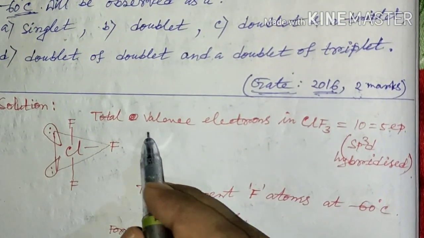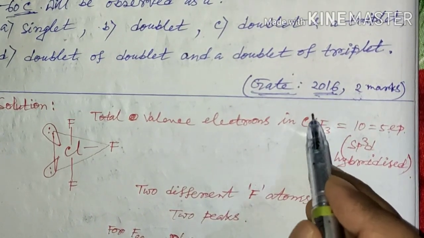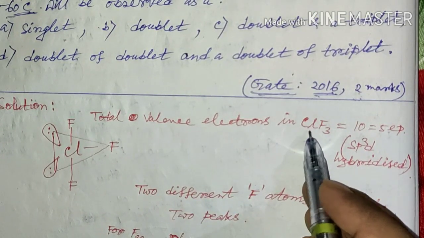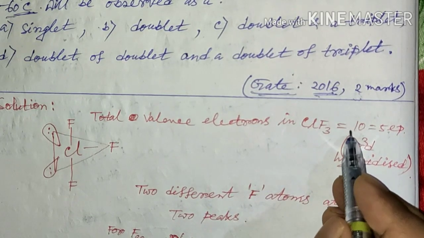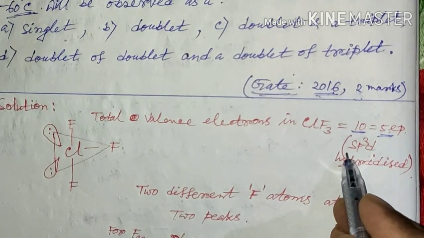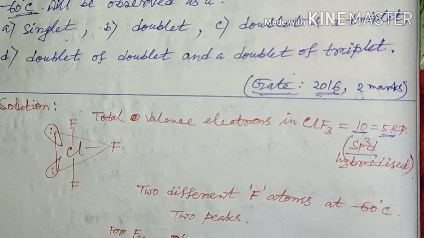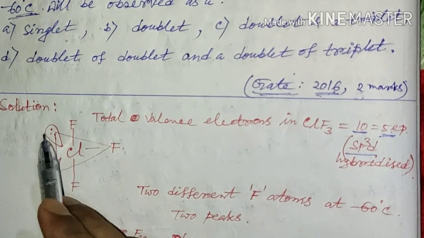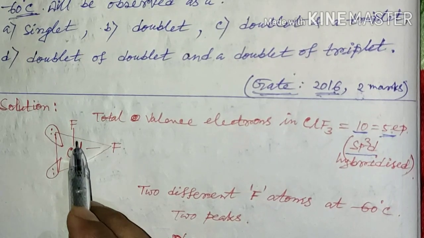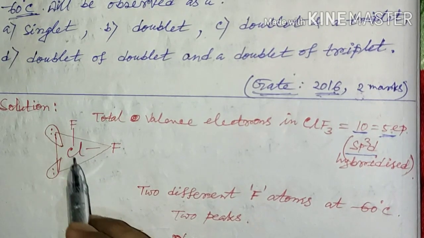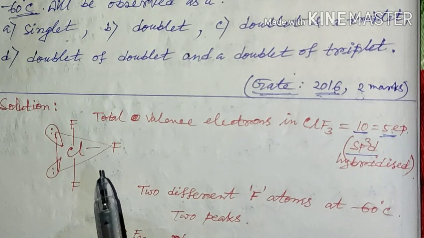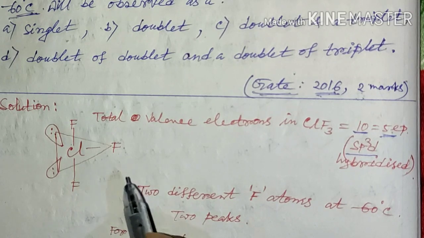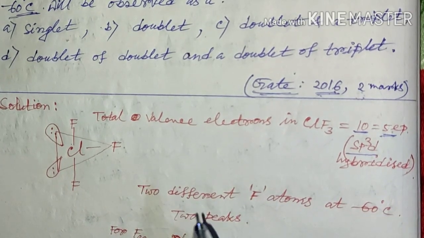Now if we see the geometry, the number of electrons around the central chlorine atom will be 7 for chlorine and 3 for 3 fluorine atoms, that means 10, and 5 electron pairs, that means the hybridization is sp3d, and for sp3d that means trigonal bipyramidal, and the geometry or shape of this complex will be T-shaped. Since fluorine is more electronegative than the electron pairs, the lone pairs will orient along the equatorial direction and the fluorine atoms along the axial direction. It is according to Bent's rule.